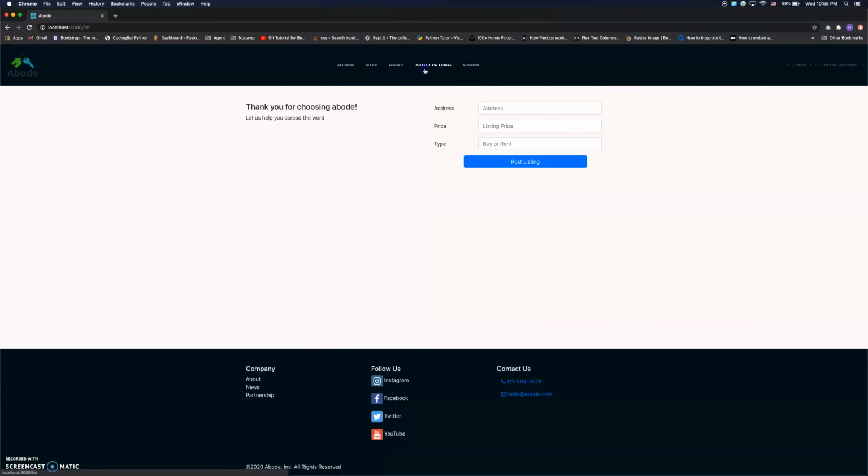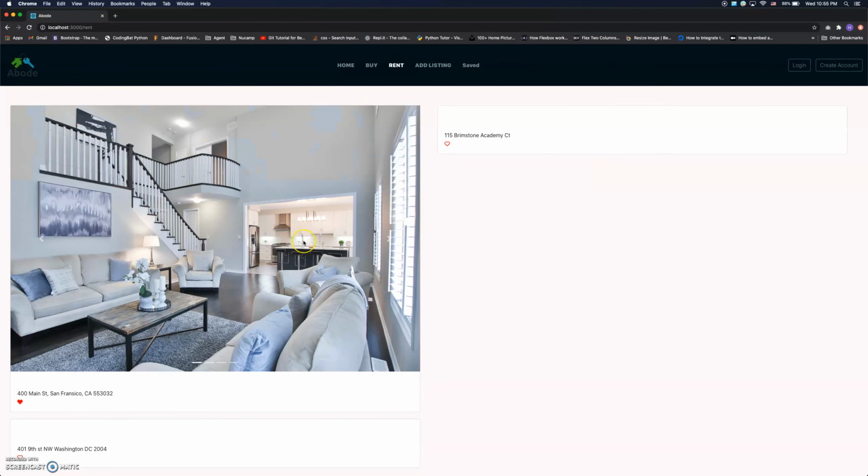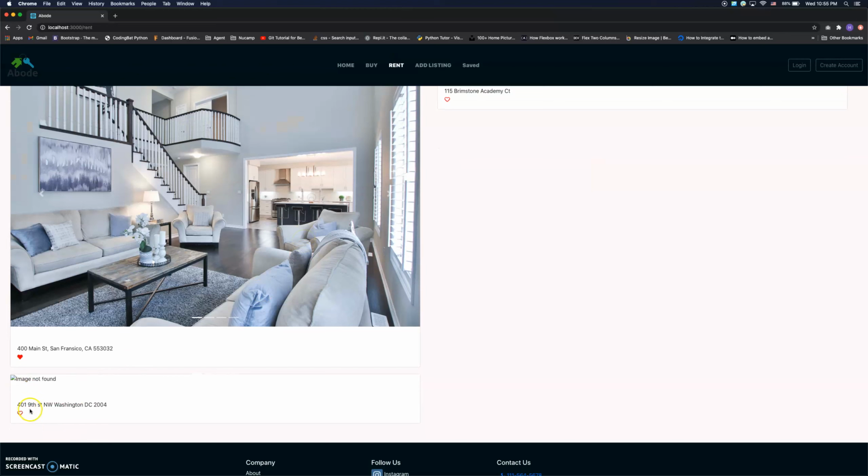Another thing I wanted to do is have the ability for the user to add a new listing. I can come here and add a new listing. I would add more fields later on, but here the user can post a listing. I am struggling with how to make these fields reset after the user has posted their listing, but here the listing is rent, so I can come to rent and see that the user has posted